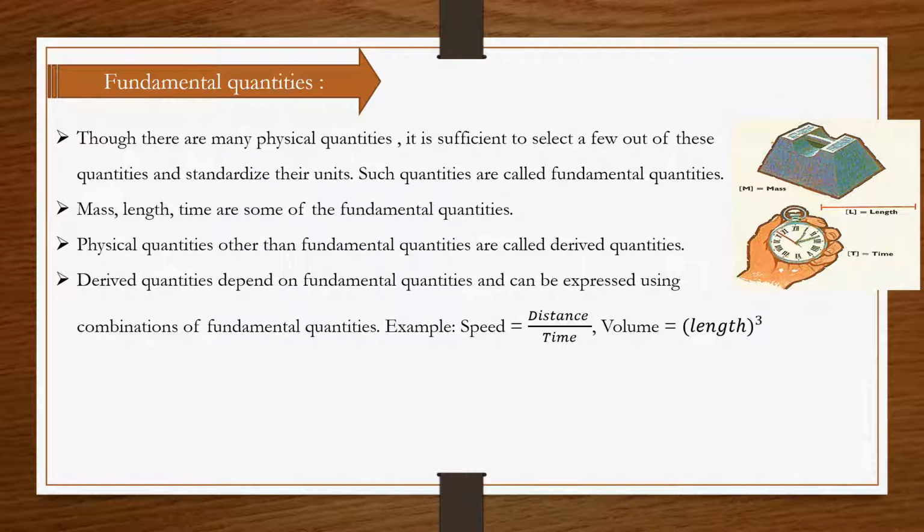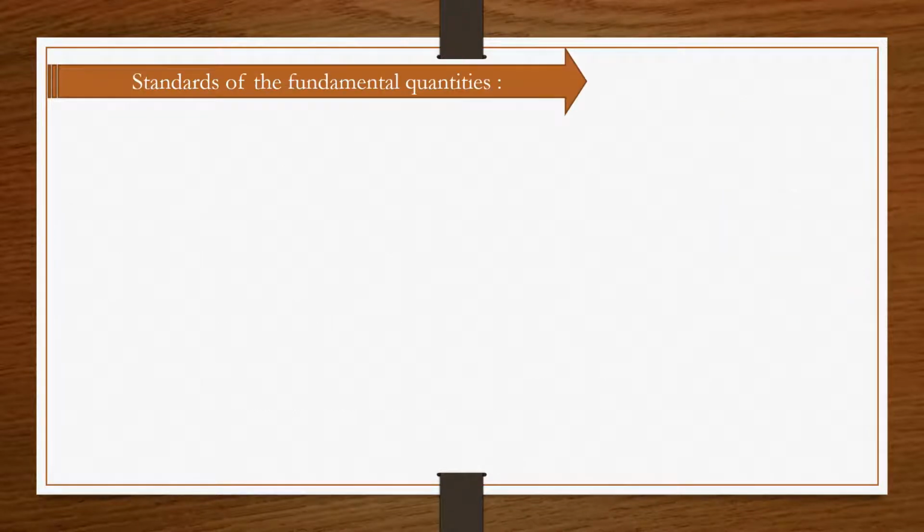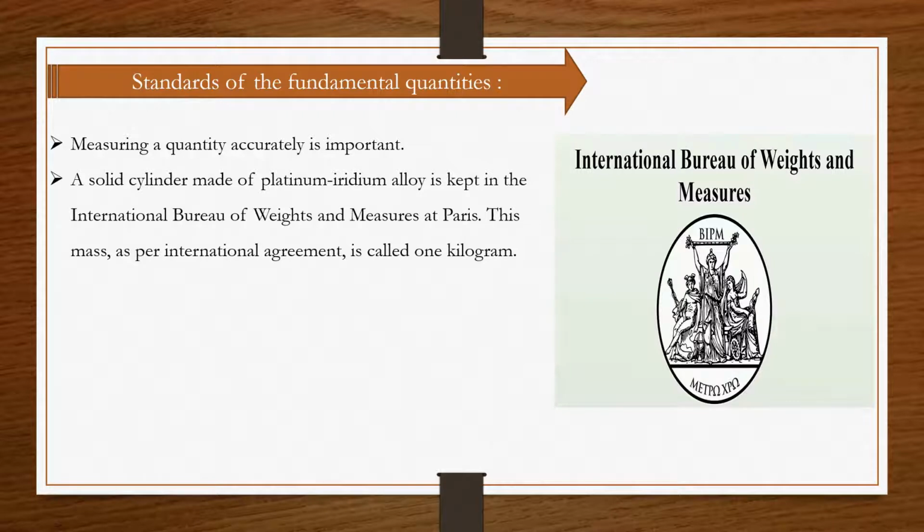Example, speed is equal to distance upon time and volume is equal to length cubed. And each fundamental quantity has a standard fundamental unit which is invariable and available to all. For example, the fundamental unit of time is second. Now measuring a quantity accurately is important, and a solid cylinder made of platinum iridium alloy is kept in the